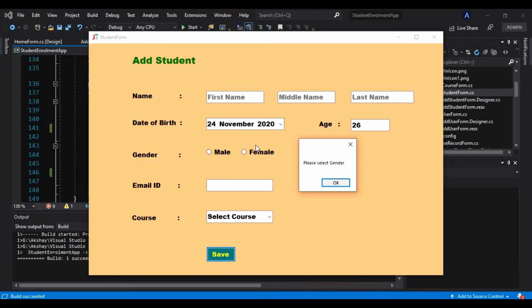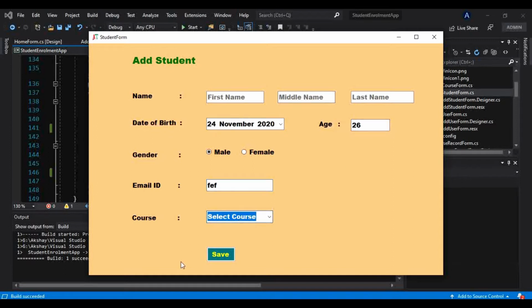And why have we not used error provider for this? Because it is an either-or condition. It would be a difficult task to use error provider for both of these controls. So that is why I have used this text box, and I have thrown an exception so that the application will not move further. It will stop this save event from moving further. Okay, so that is why. But as soon as I select that, let me put anything here, and now I am able to add that in the database. But I will not add that because it is a garbage value. I don't have to add that.